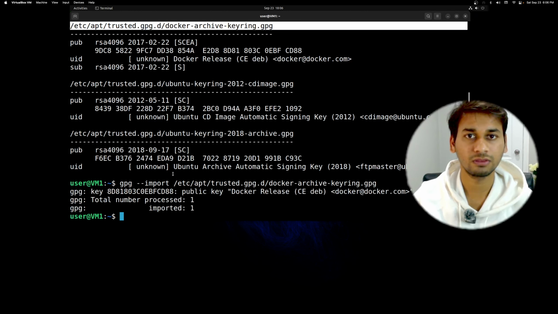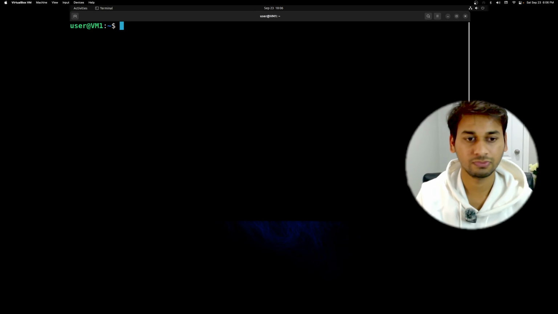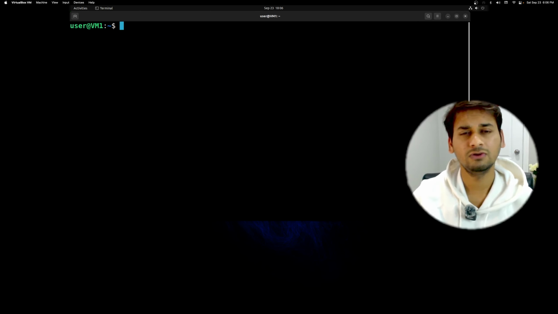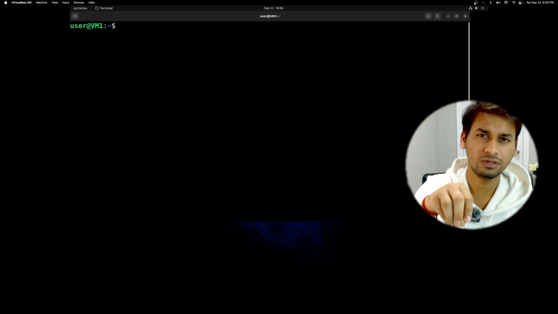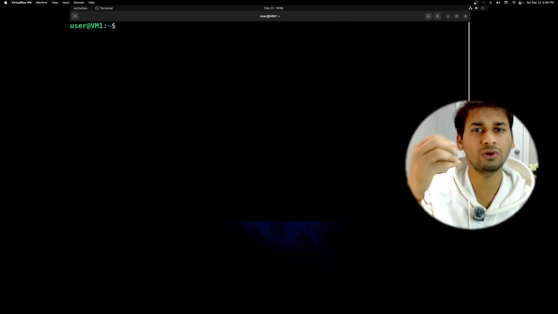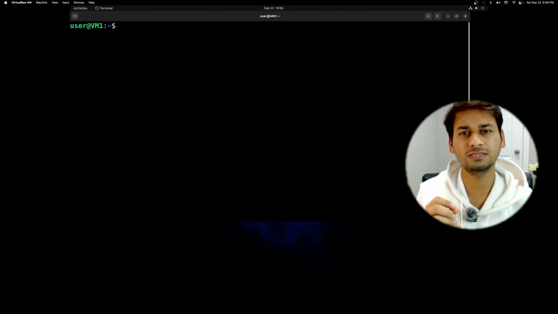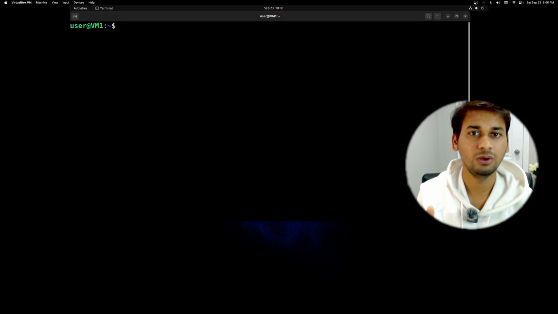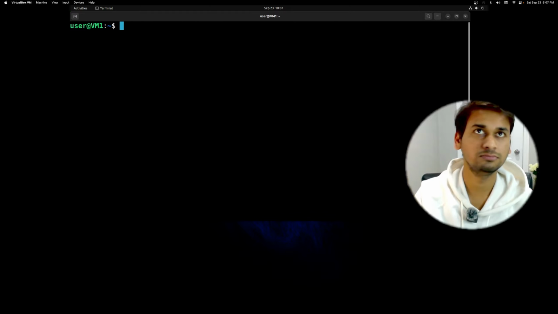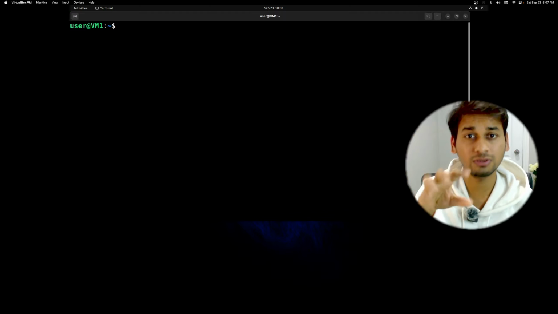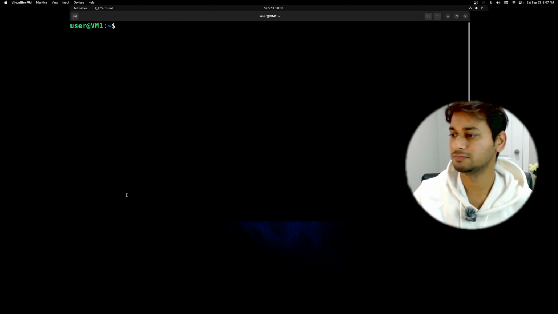Next task is to download or add the Docker repository in our own system. Now you're thinking, why do we need to have it in our own system? The question is convenience, or ease of accessing all the files. We can definitely interact over the internet and get everything from the online repository every time. But there is an ease if we can add Docker to our repository. In simple words,